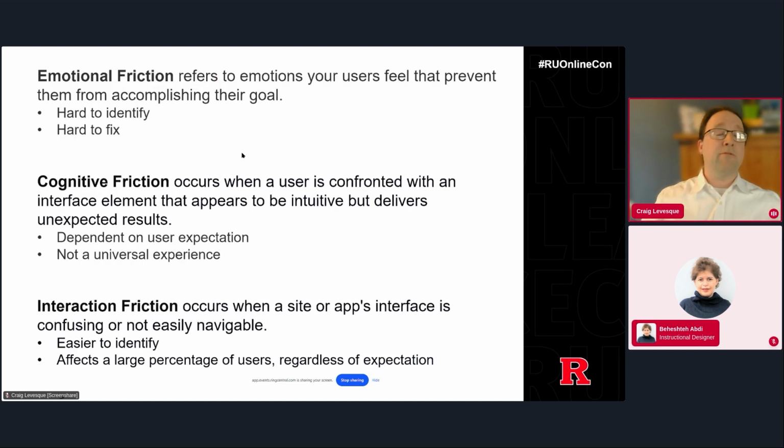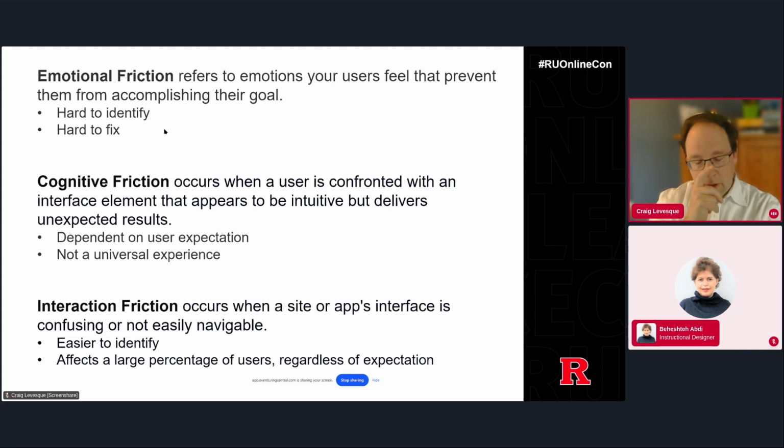So there are three kinds of friction: emotional, cognitive, and interaction. Emotional friction is the hardest to get your head around because it is not universal, and it's very hard to identify and even harder to fix. A classic example of emotional friction is somebody, for instance, coming across something that doesn't work well and rage quitting